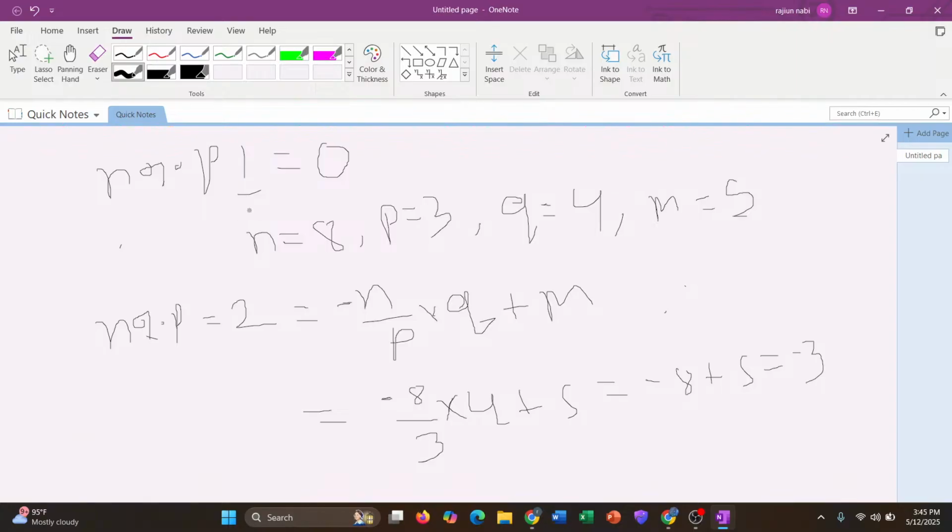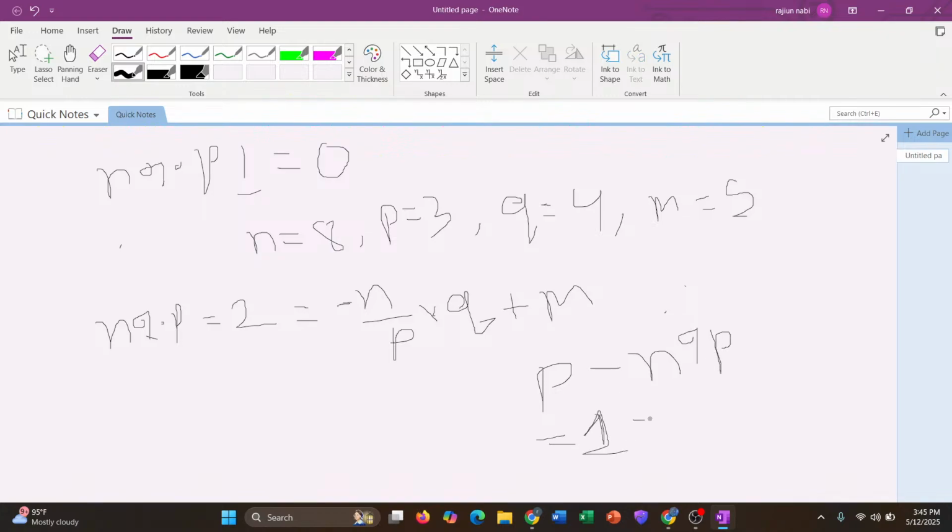And what will be the sum of the rest of the elements? Okay. So the rest of the elements, it is p minus n remainder p, which is equal to 1. The sum of the last one element will be n divided by p into q, which is 2 into 4 equal to 8. Okay, I hope I'm right. Okay, fine. So according to this,